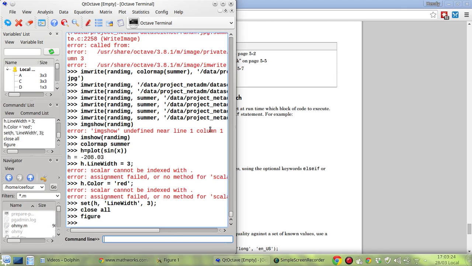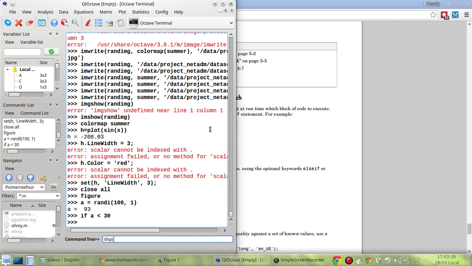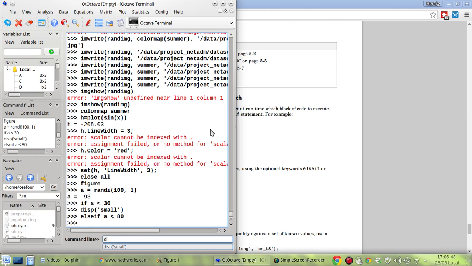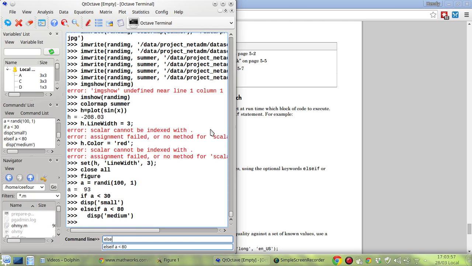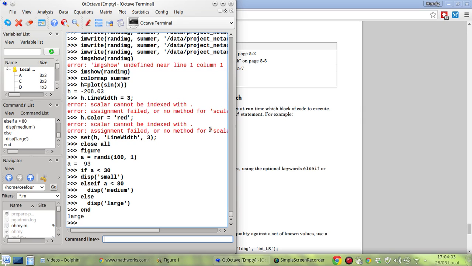Okay, first let's generate a random number. Now this A is 93. We can use if to determine whether the number is small, or else if this number is somewhat medium, or this number is large. And now if you want to